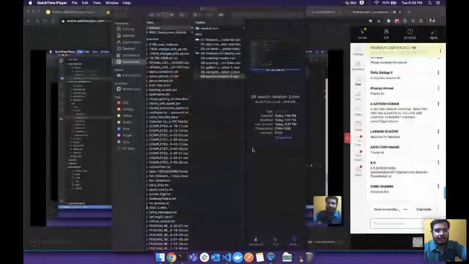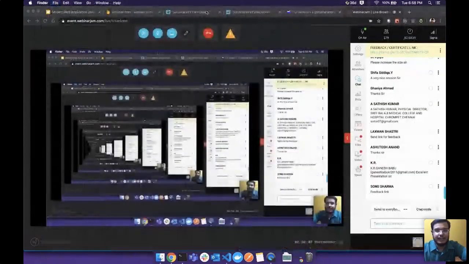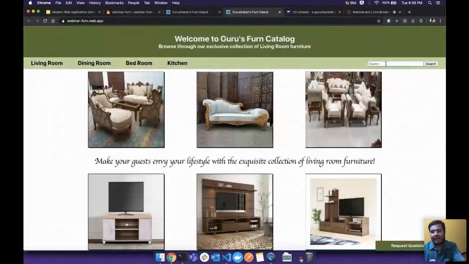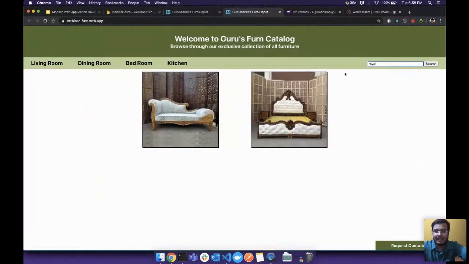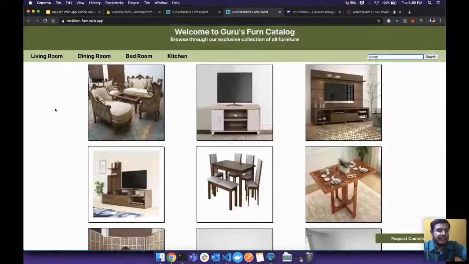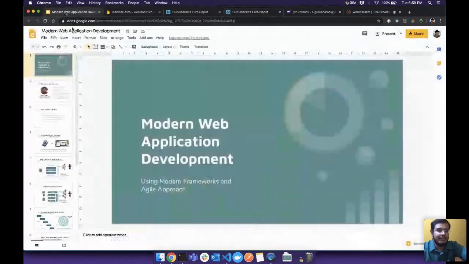All right. For deployment, I'll actually use my own screen here. So this is the deployed application that you see on my screen. I can search for it. Say I search for Royal, I see things that have the tag Royal. And say I search Brown, I see the things that have Brown in them. So basically, this is how I developed the full app within a really short period of time.